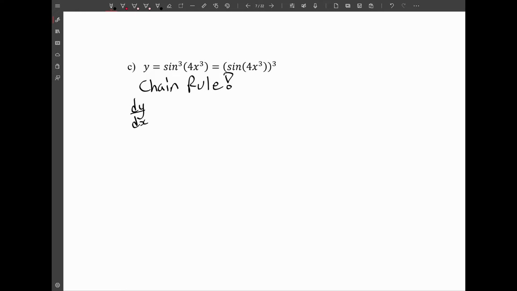So dy/dx is going to be equal to, so again, we're going to pull down that exponent, 3 goes out front, then we have our interior function, sine of 4x cubed, all squared. Okay, right? So that's just the basic power rule. Power rule. See, that one is better. There's my interior function, 4x cubed, right? That's my u value. So I have to take the derivative of that. So the derivative of 4x cubed is